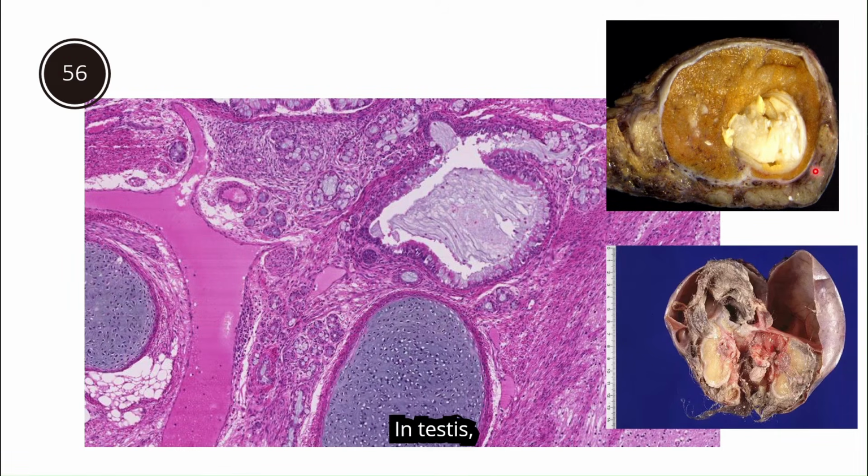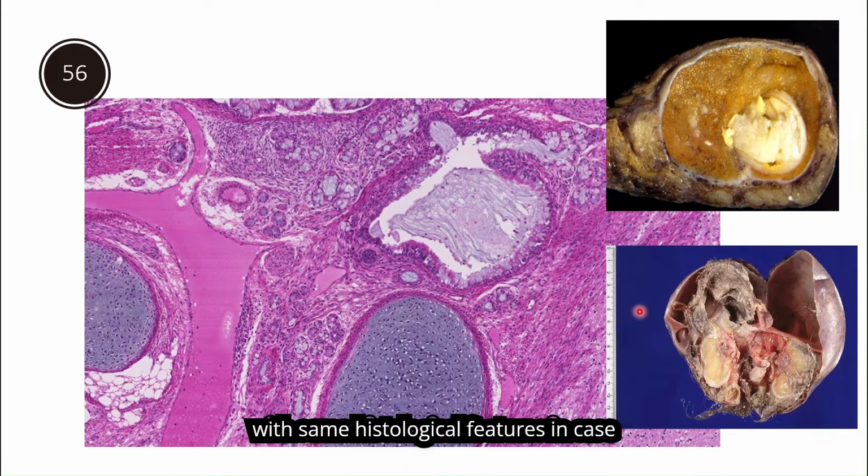In testes, the appearance here shows normal testicular parenchyma with sebum-like material. So this is mature teratoma of testis, and same diagnosis with same histological features in case of ovaries, showing here